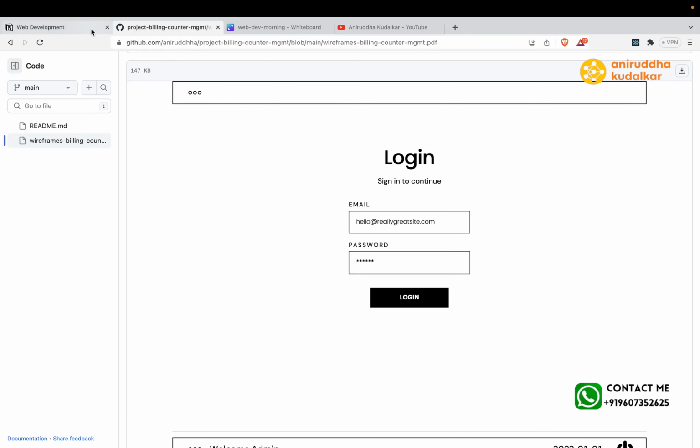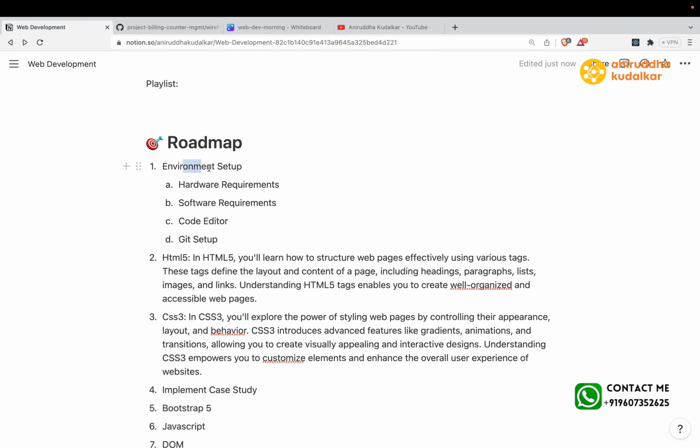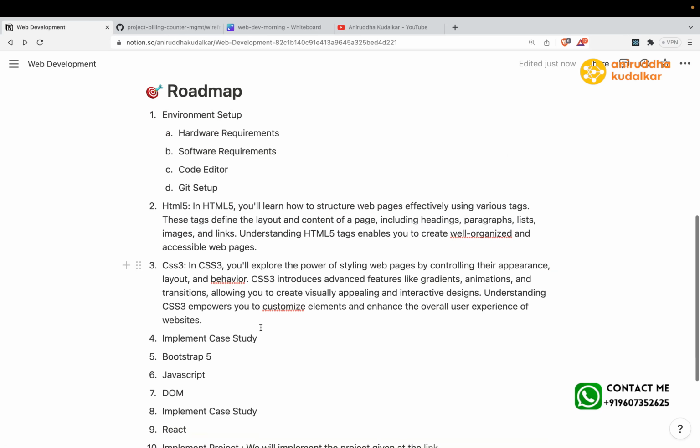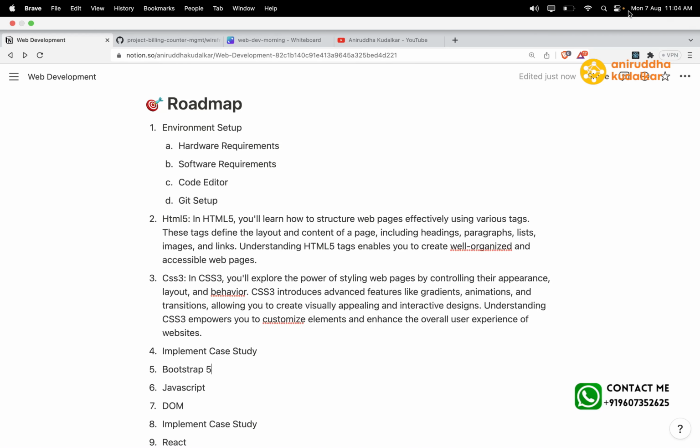Now here, if you see the environment setup, we have seen what we will learn in the environment setup, how to set all these things. Then HTML5, CSS3, then a case study where we will implement something by combining these two. Now, what is Bootstrap 5? When you talk about Bootstrap 5,